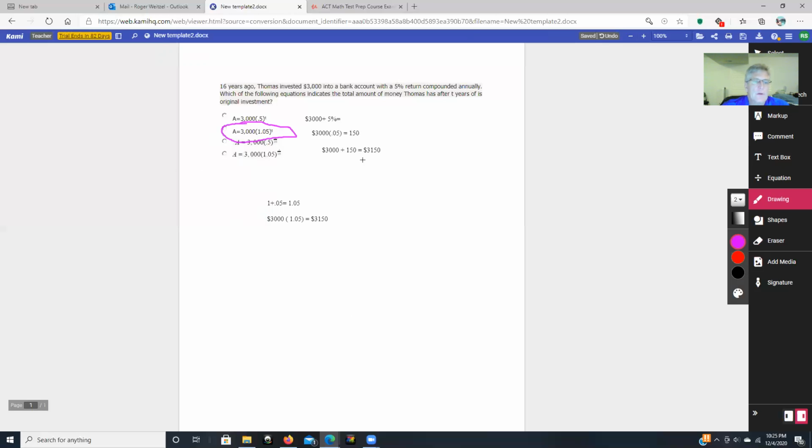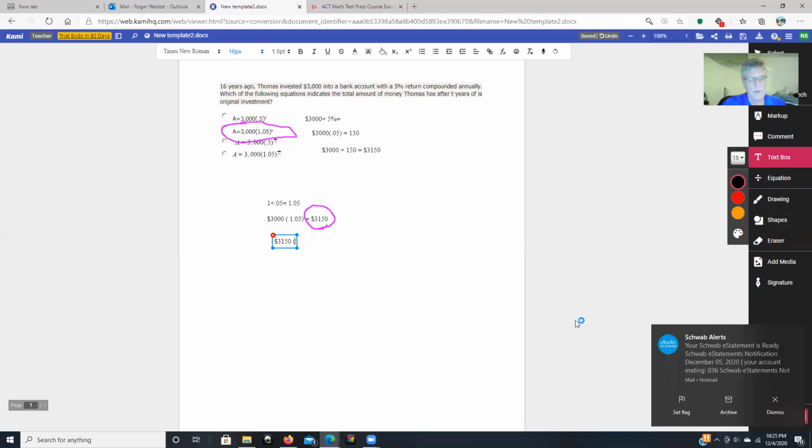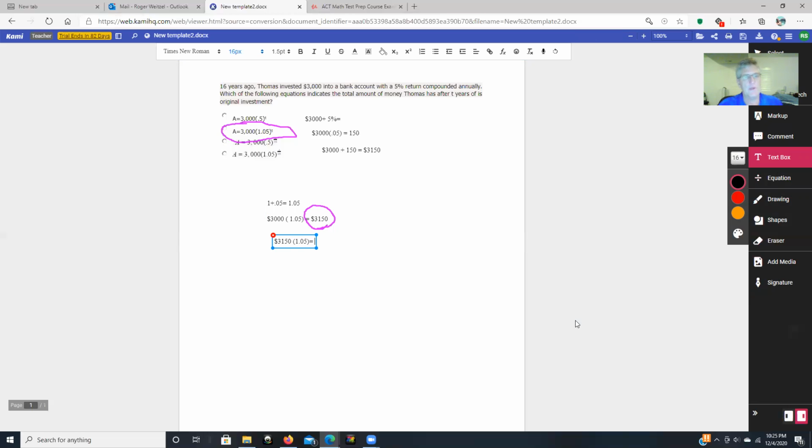Now, with compound interest, what happens is each year we're dealing with a new reference number. This becomes the new number that has the 5% added to it. So after the first year, the second year, we're going to have 3,150 and multiply that by 1.05. And when we do that, now the new number becomes